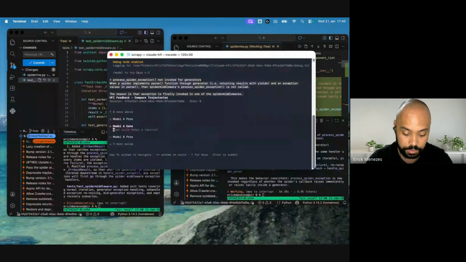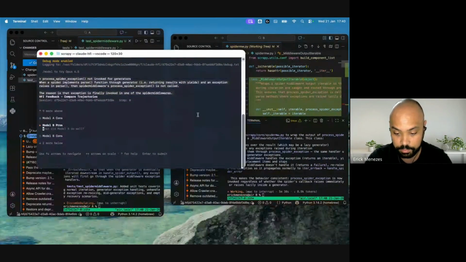Model A didn't commit the files, the tests are failing, etc. That will be our evaluation. It's going to be model A and model B as well.